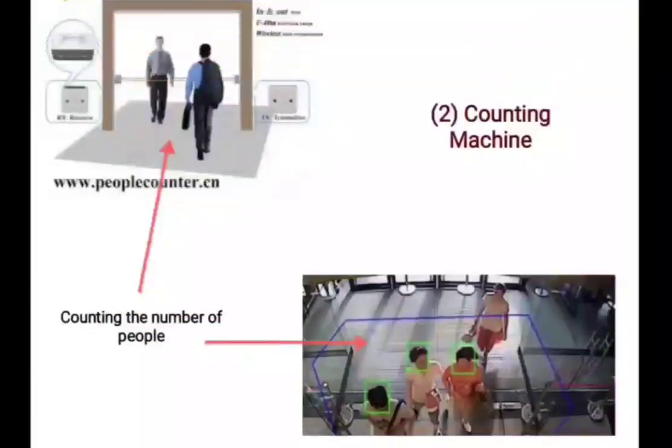Not only that, the same technology we can use for counting. Nowadays, this type of arrangement we can see in mall doorways. When a person passes through the door, the light beam breaks and there is a beep. The counter circuit counts 1. In the same way, another person goes through, the light beam breaks, and the counter counts 2. In this way, the mall authority will know how many people are entering every day.